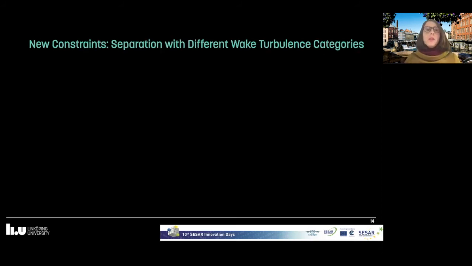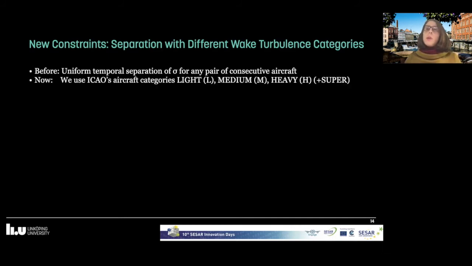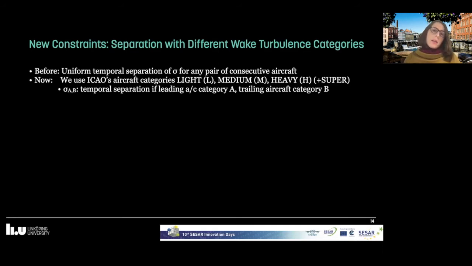And then the other new constraint is a separation with different weight turbulence categories. So before, as I said, we had this uniform value, all consecutive aircraft pairs were separated by sigma. Now we want to take ICAO's aircraft categories, light, medium, heavy, and we could also take super into account. Sigma AB is now the temporal separation if the leading aircraft belongs to category A and the trailing aircraft belongs